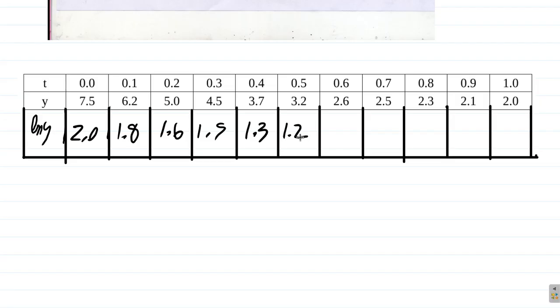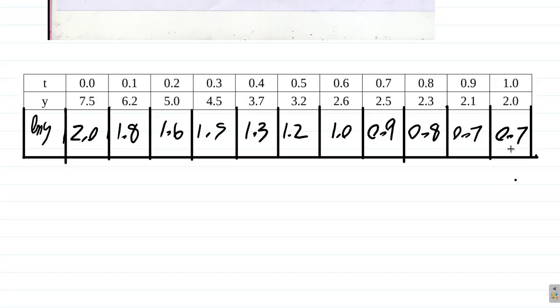ln of 2.6 is 0.955, but it would be 1.0 to one decimal place. ln of 2.5 is 0.9. ln of 2.3 is 0.8. ln of 2.1 is 0.7. ln of 2 is 0.69 something, but it's also rounded off to 0.7 to one decimal place. Alright,